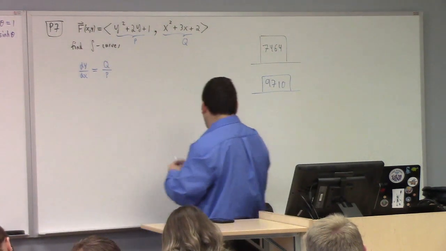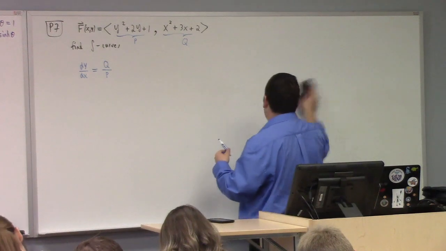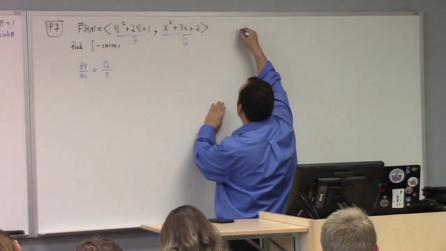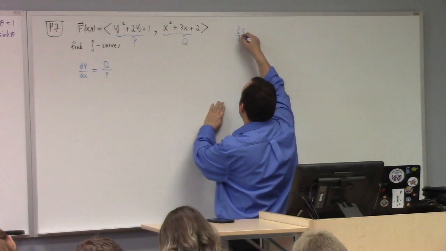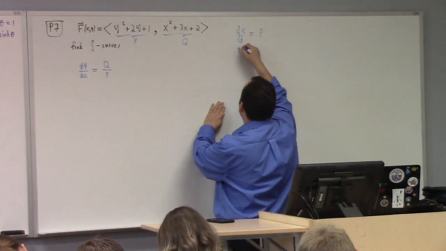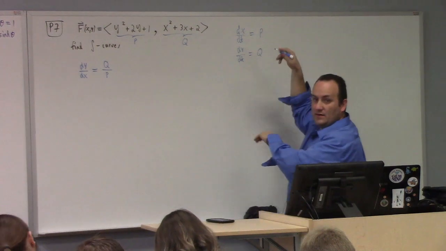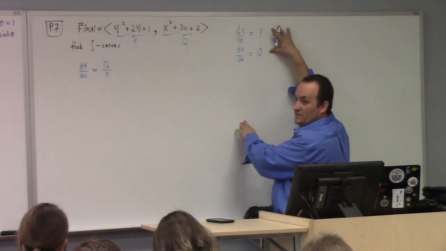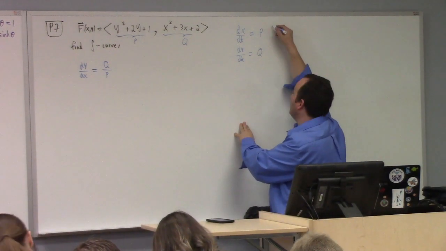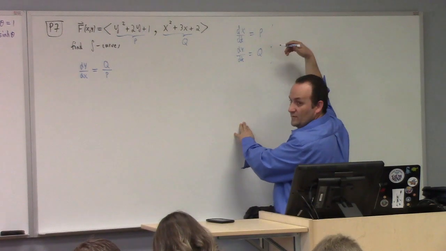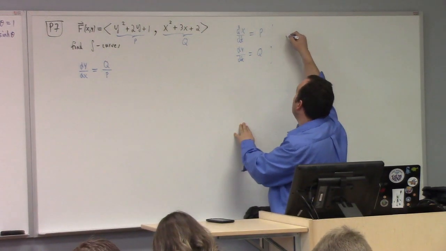If you've forgotten why that is, I'll just explain briefly. It's because the integral curve has dx/dt equals P and dy/dt equals Q. If we're finding it as a function of time, finding a parameterization of the integral curve, we'd solve these equations, right? But if that's a parameterization, then if we want